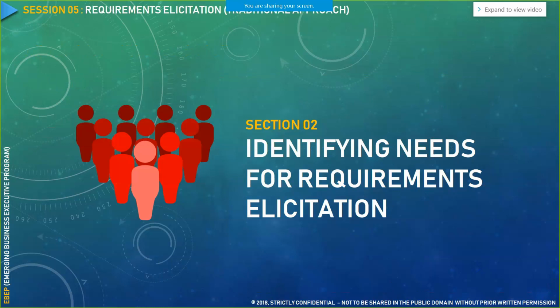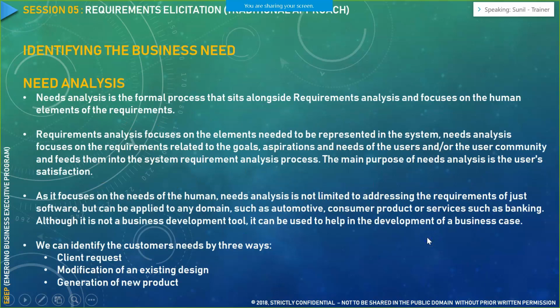Okay. Now, like I said, we need to first understand the need for requirement elicitation. Now, how do we identify the need for a requirement? We need to conduct a thorough need analysis. Now, what is a need analysis? It focuses, like we saw in our example, we thoroughly understood what the situation is. I mean, what is the need of the HR management system? Who would be interacting with that particular system? How the interaction should happen?